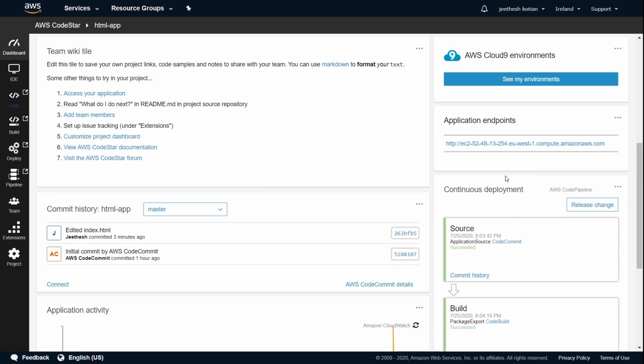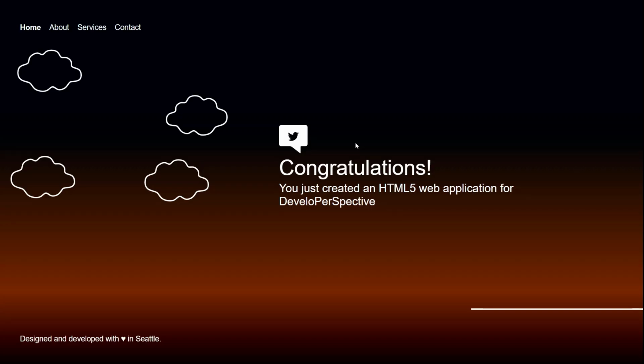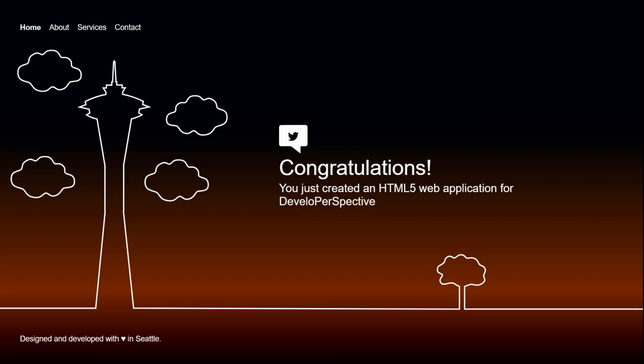Now let's see if our changes have reflected here. We'll just open this link. Awesome. So if you see, the changes have also been deployed. So I can see my changes here. So that's how auto deployment works. You can just check out your code, make changes to the application, commit the code back to the repo onto a specific branch. For me it's the master branch, so I just committed that and auto deployment worked for me. Okay, so that's how easy it is to set up an auto deployment using CodeStar.